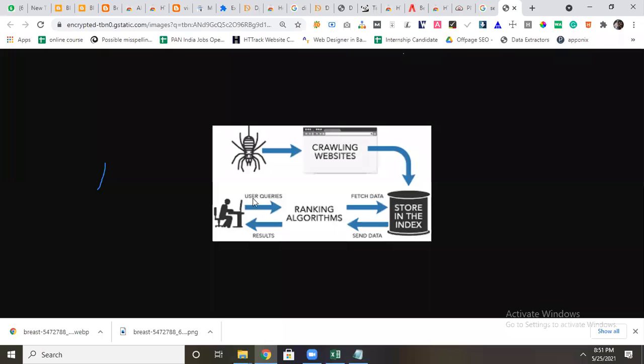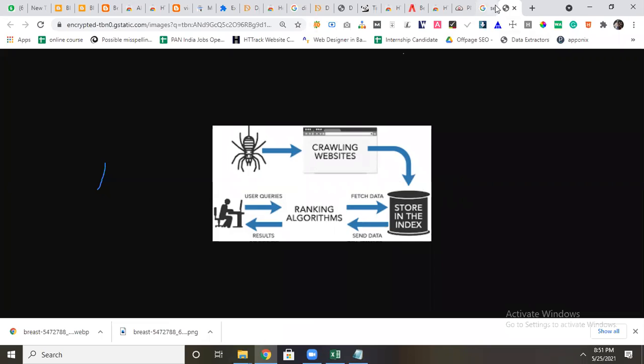You can see the user searches the query, the data is fetched, then sent to the results. The spider, robot or crawler, whatever name you use, will understand your content and store it in its database based on content quality, link building and all the factors. Then it gives the results back to users.